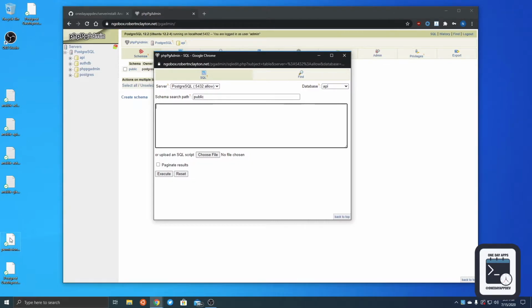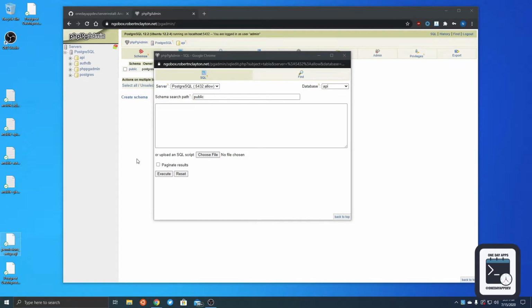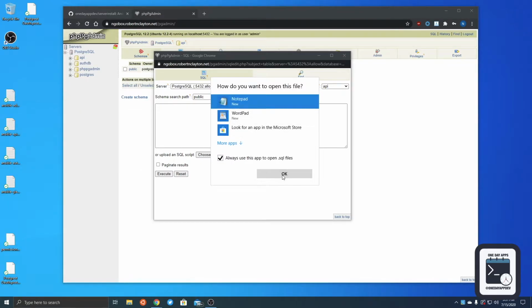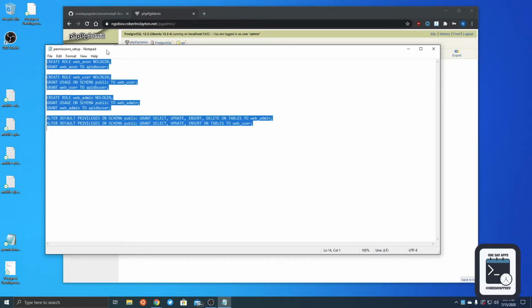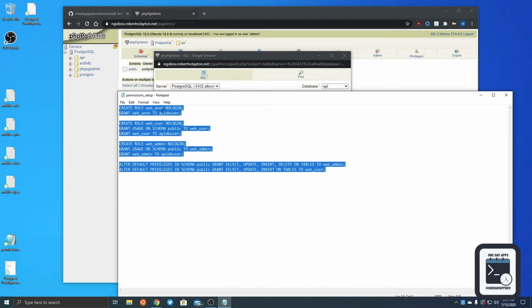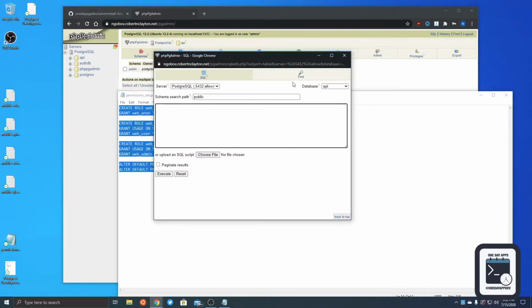and the SQL file that you dragged out onto your desktop, we're going to open that with Notepad. That will be fine. We need to run these SQL statements on the database we just created to create some permissions for our API user. So just highlight all of this and copy, and